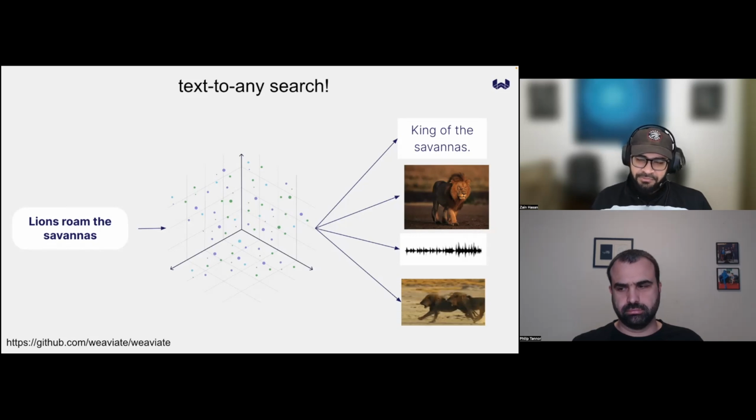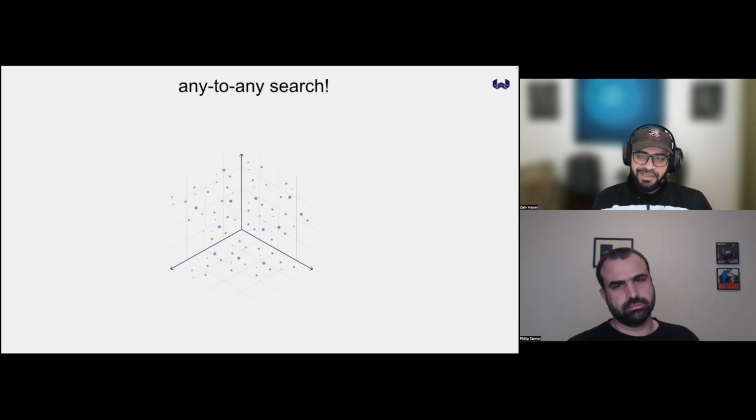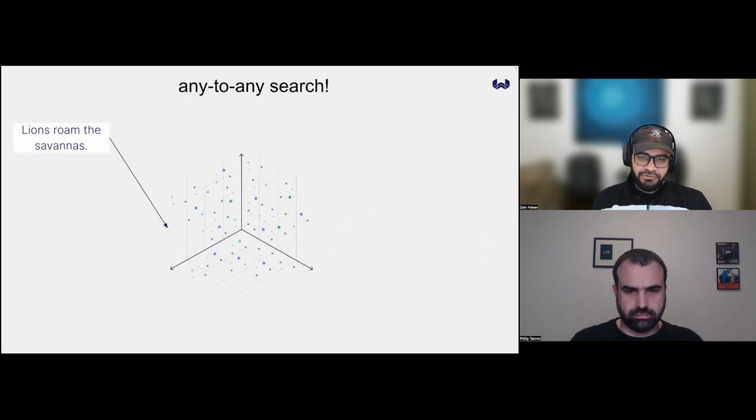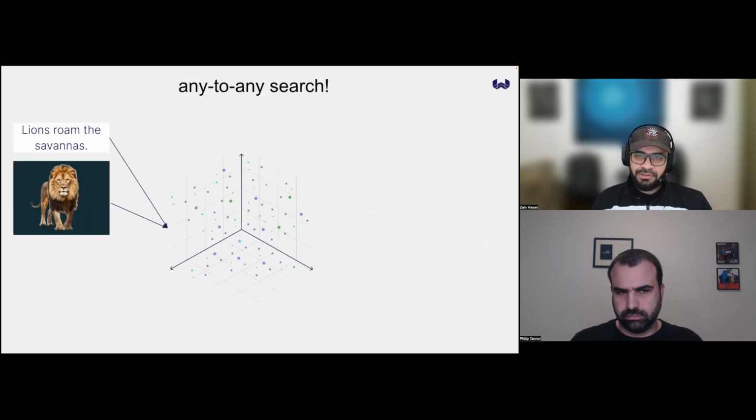But it doesn't stop there, right? You can actually do any-to-any search. Your question can be in any modality as well. So your question can be in text, but you can also pass in an image as a query, right? When people are building recommender systems, if I like shoes of a particular style, my query can be that image of that shoe, right?